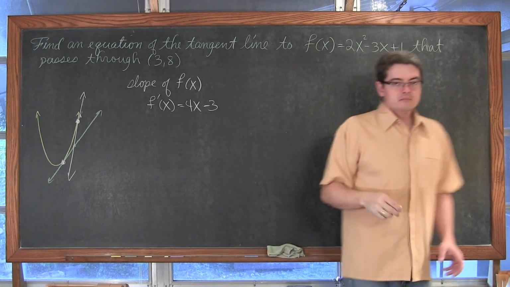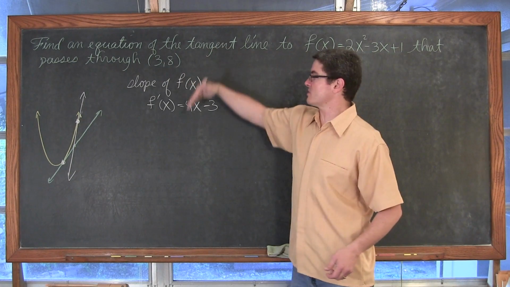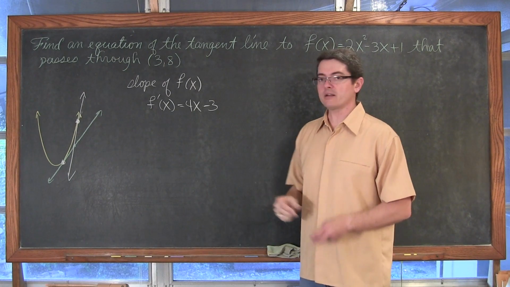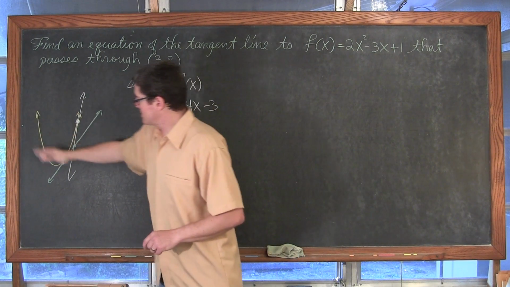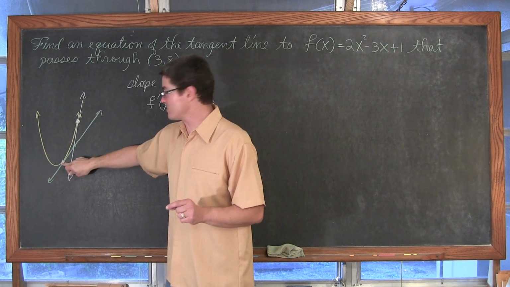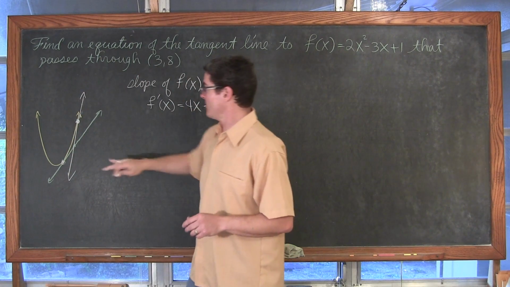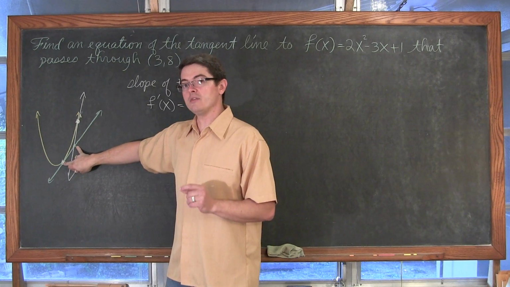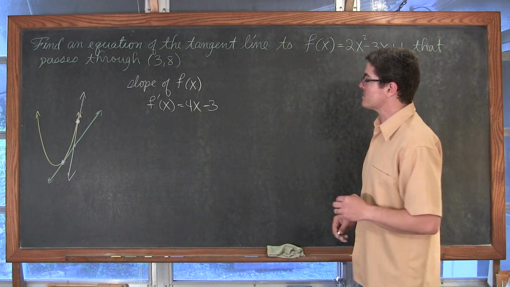Okay, well, I need another way of looking at the slope so I can incorporate this point and get two answers. We have a y and an x, and that's just not enough. So I need another way of writing slope. This is the slope of the parabola that's constantly changing, but between that point of tangency and this coordinate that's out in space, I haven't used the (3, 8) yet. I need to write a slope formula for any point on the function and this exterior point, if you will, that's not on the parabola itself, again (3, 8).